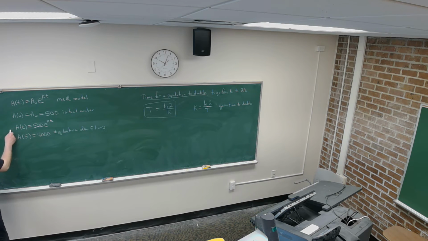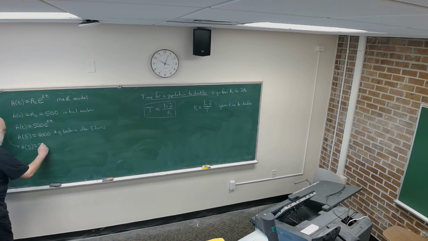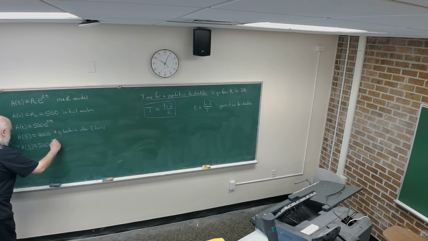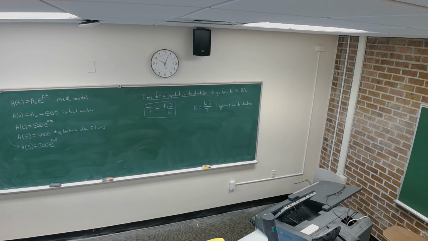So when I put 5 in for T in our model, I have A of 5 is equal to 500 times E to the K times 5 power. But A of 5 is the number of bacteria at T equals 5, and that is equal to 4,000. So I have 4,000